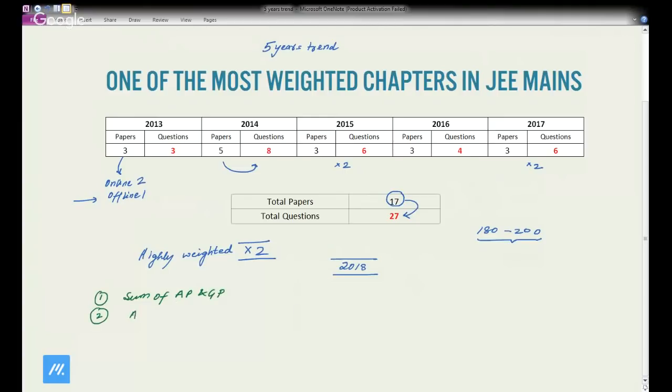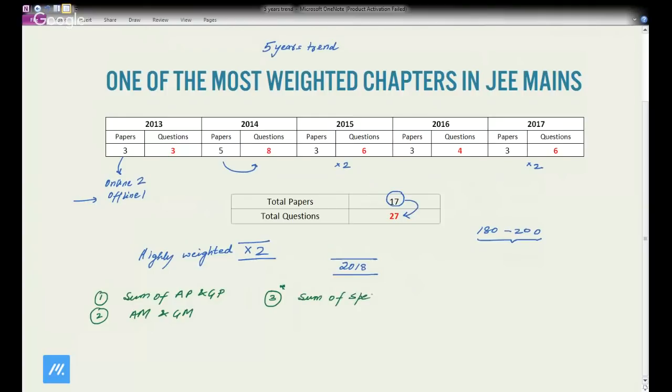AM and GM is asked of you. Very basic AM and GM. When I say AM and GM, what is arithmetic mean and what is geometric mean? One should actually know this, right? This is the most important topic that generally gets repeated: sum of special series,